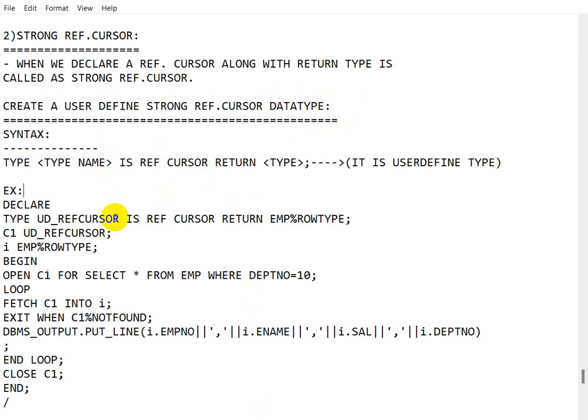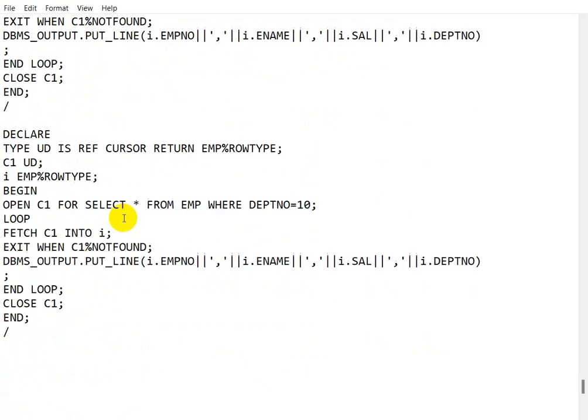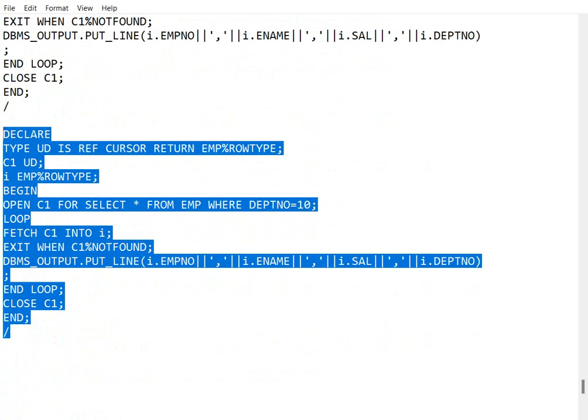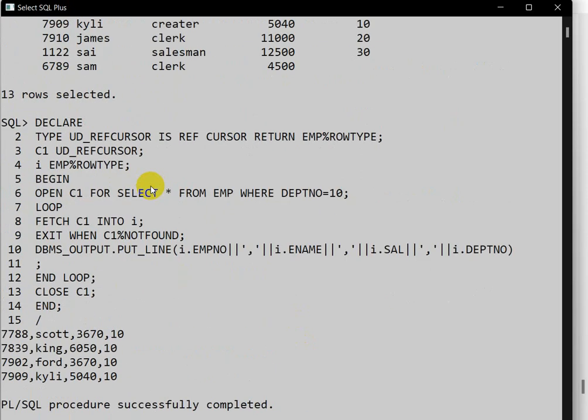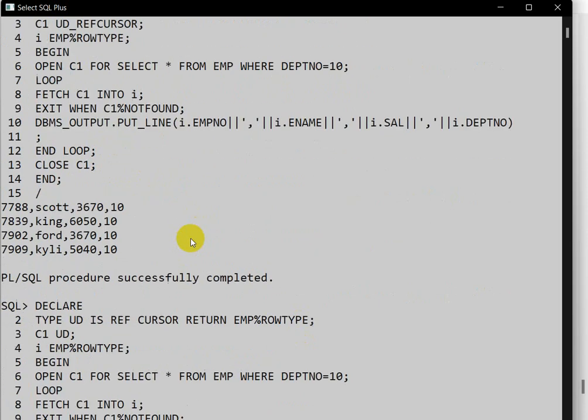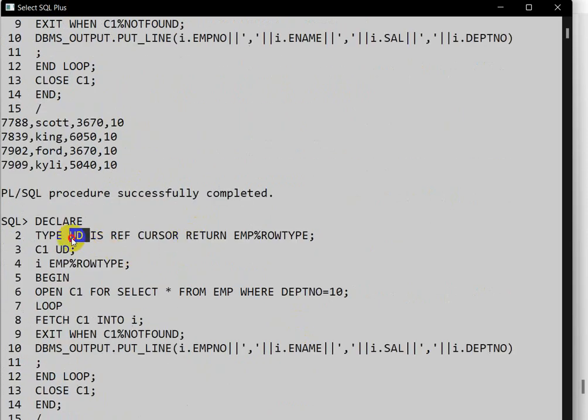If you want an example, I have already created one. You can see, copy this and go here and paste it here. You can give any name. In this example I have used EOD. In the previous one you saw user_defined_ref_cursor, and here I am using EOD, and here we need to take a data type.